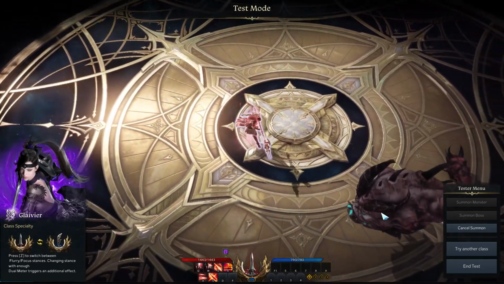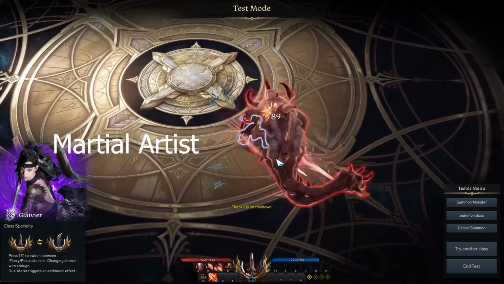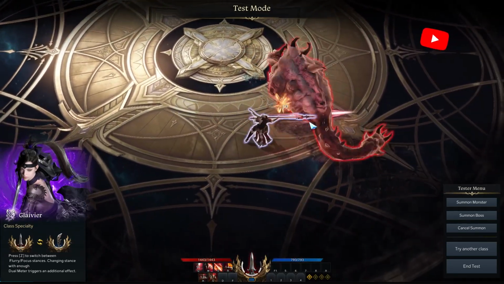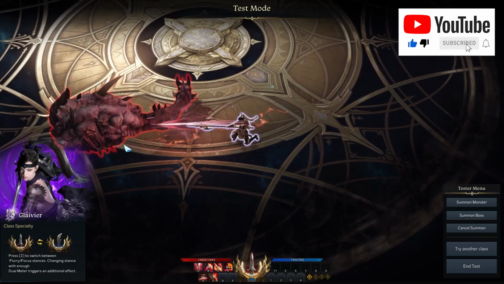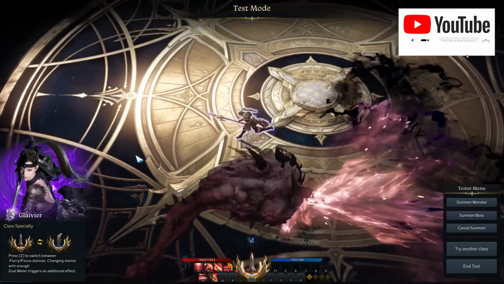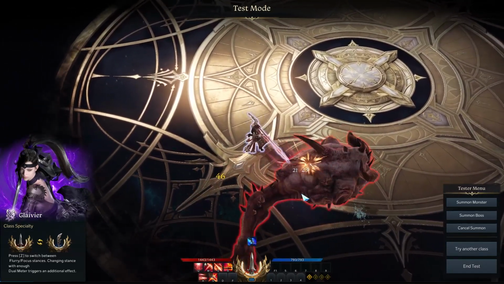So let's get started. The Lance Master is a part of the martial artist profession and only available as a female character. The Lance Master, just like its name implies, utilizes two spears, one long-range spear and one short-range spear. Now, you don't use both spears at the same time. This is not a dual-wielding class. You will only use one spear at a time, and the spear you are using is dependent on what stance